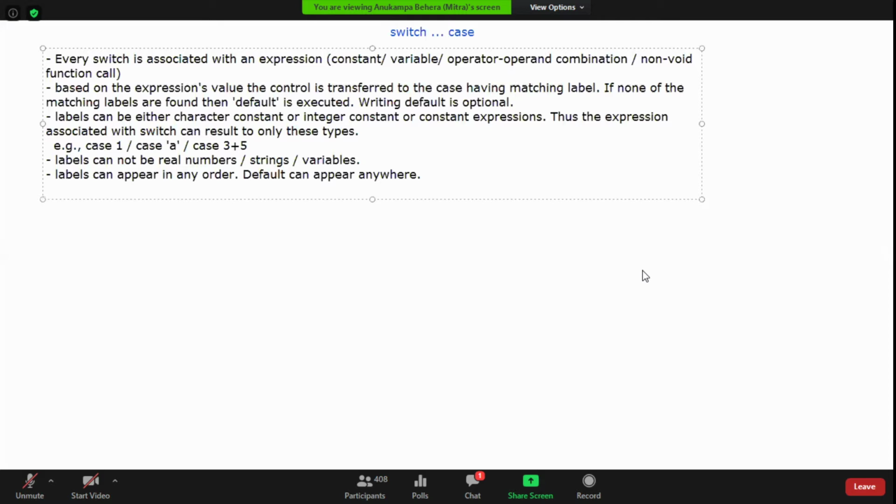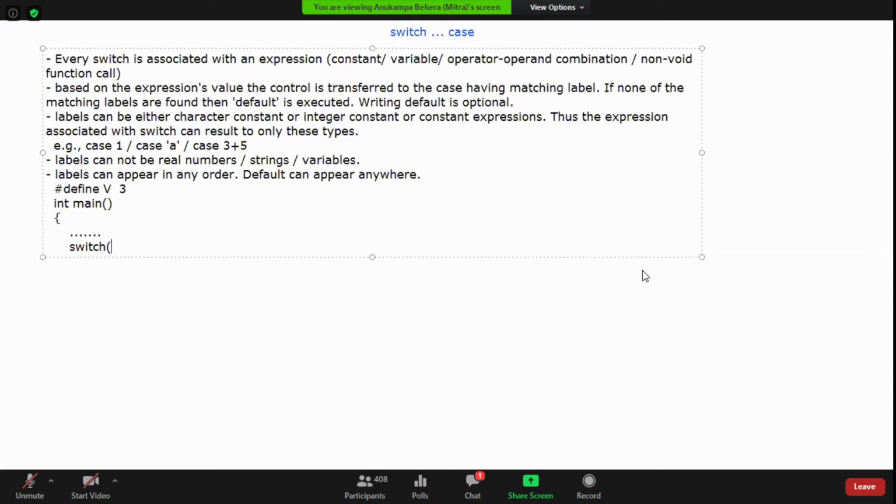Like I'm writing something like hash define v as 3. Then I'm writing a main function. Inside main function, I'm writing a switch case.